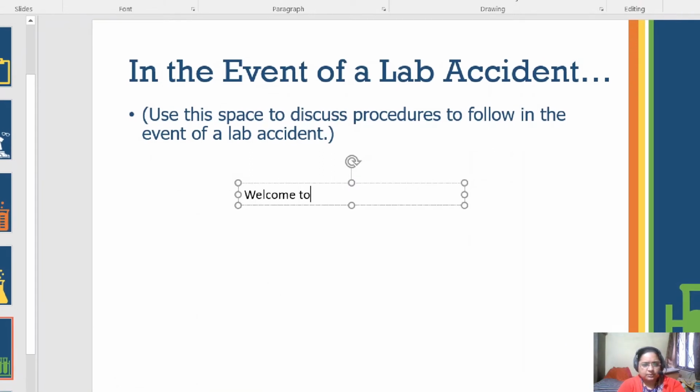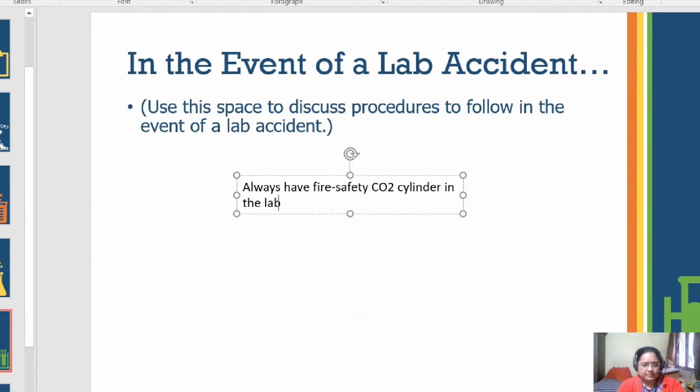Welcome to... in the event of a lab accident, always have fire safety, CO2 cylinder in the lab in case of fire.